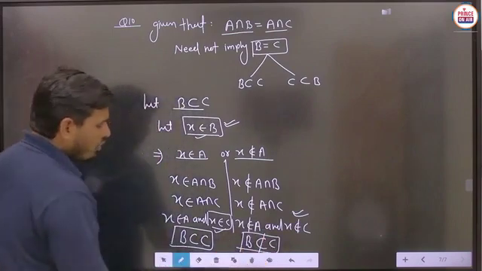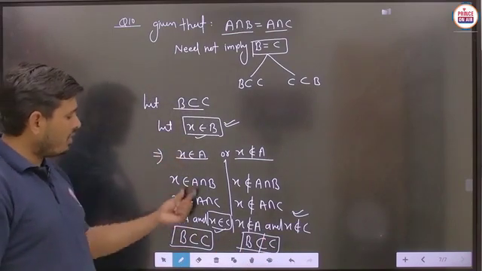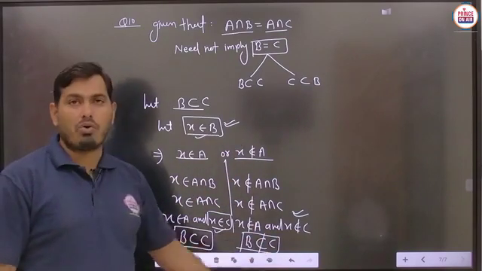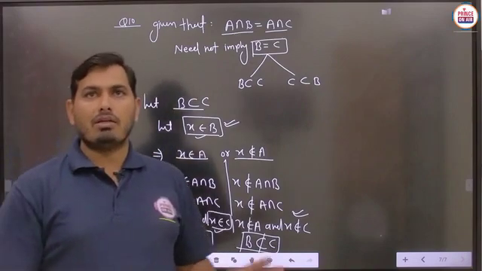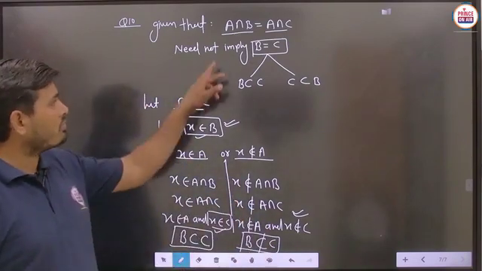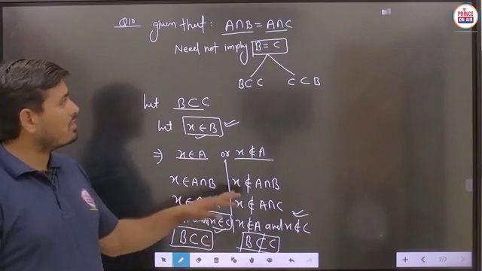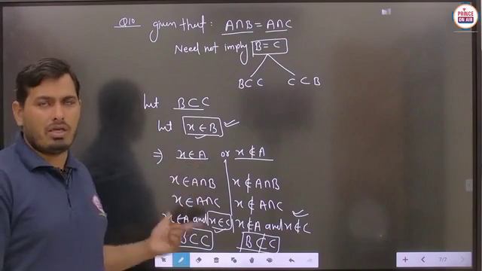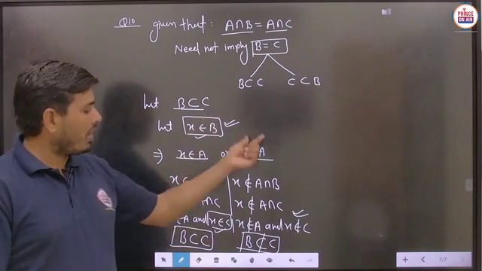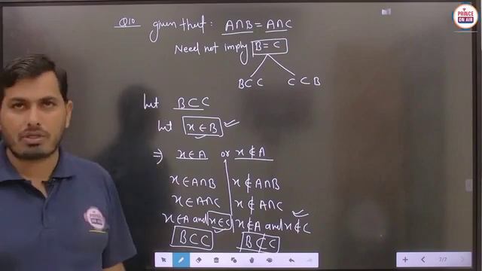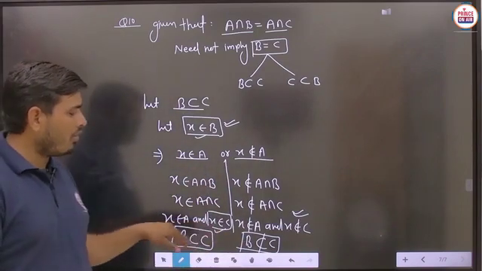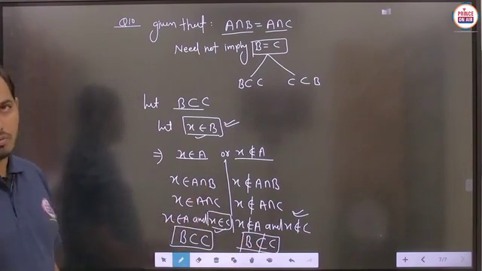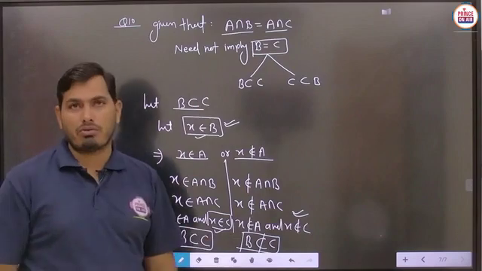So student, in one of the cases you get the result B is a subset of C. But in this particular case, you obtained B is not a subset of C. So if A intersection B equals A intersection C, it does not mean B equals C. In one case B is found to be a subset of C, but in the other case you will find B is not a subset of C. So both the results we are obtaining here, either B is a subset of C or B is not a subset of C. So definitely it need not imply B equals C.